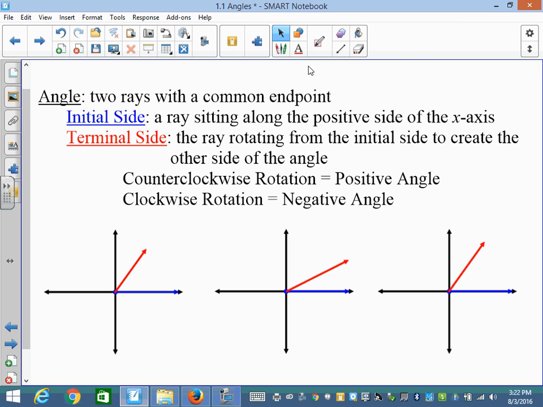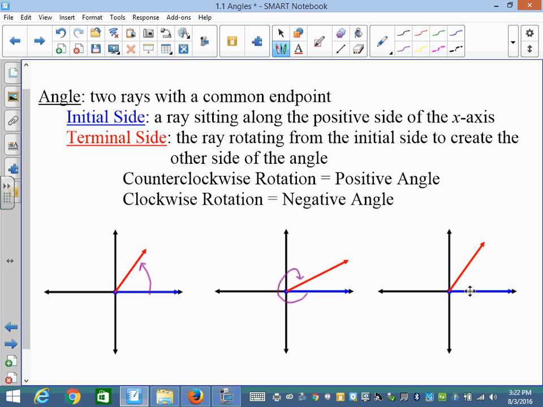Counterclockwise is moving this direction, and it would be a positive angle. Clockwise rotation would be a negative angle, and all this tells us is the direction it's moving in. So on this particular one, it will actually go around this way and hit there. And then